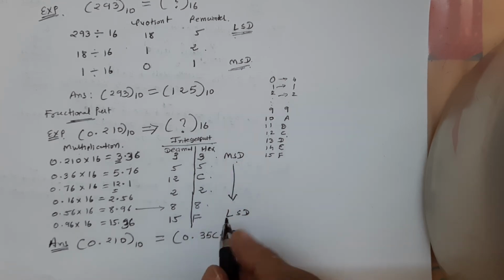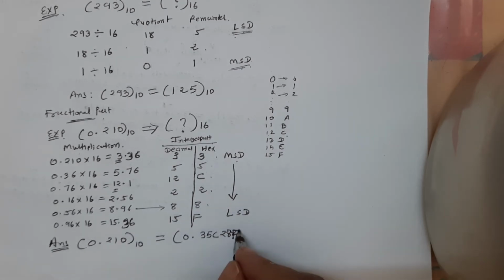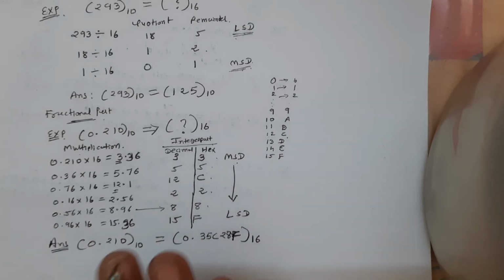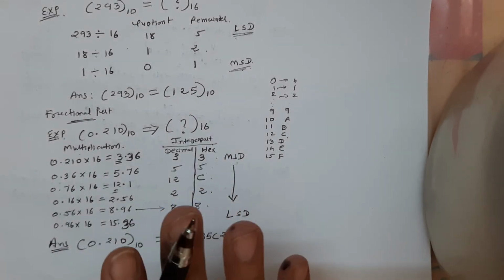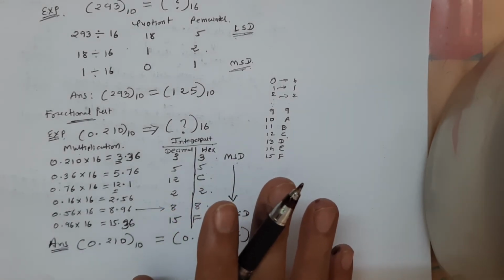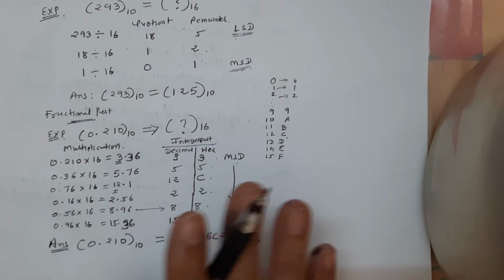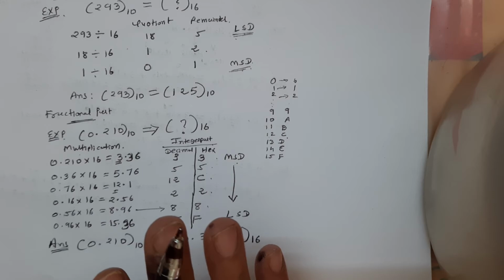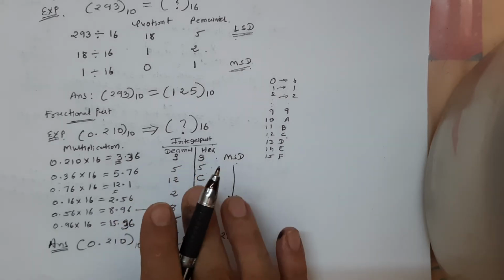35C28F. Sorry, 8. 35C, and this is your hexadecimal number. Very, very clearly you understand this. So there is no problem in this type of the